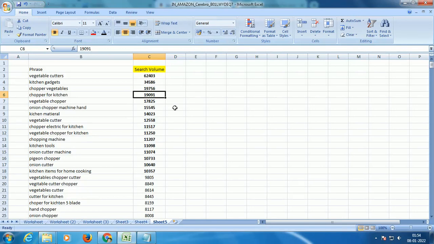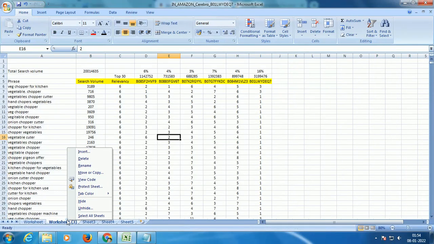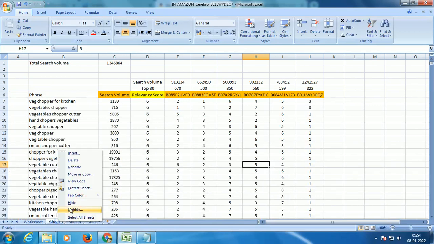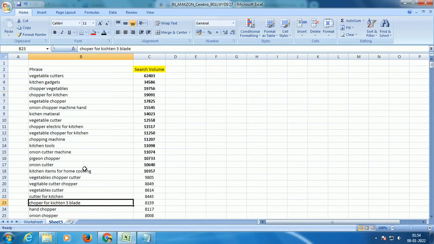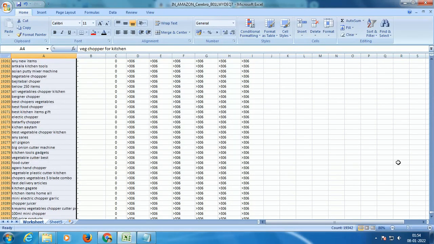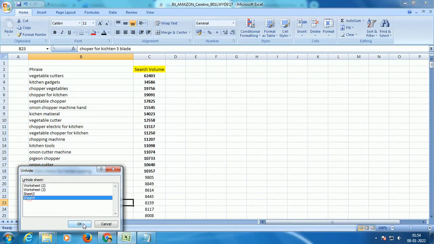We will also see, I'll save this sheet. In our next video I'll see if I can frame the title and bullet points for you. So let's see if that works. But at this point in time, I hope you learned this process, you understood the master keyword research process, and I hope you enjoyed this video.